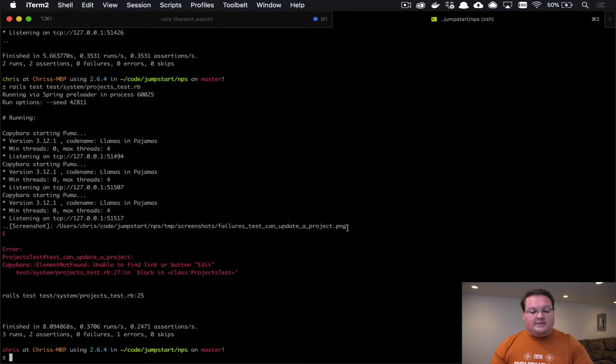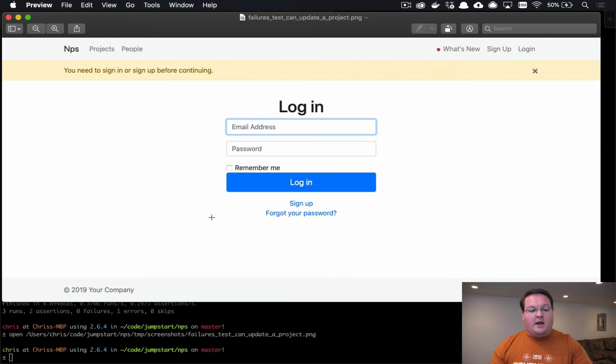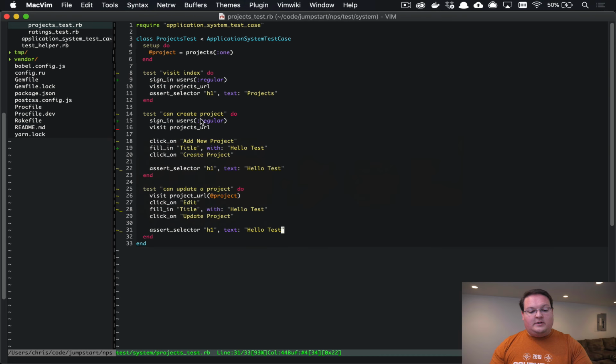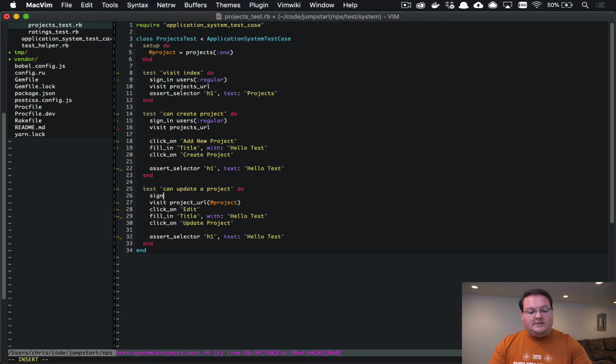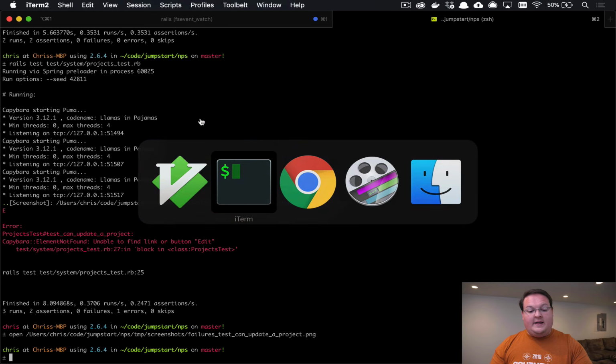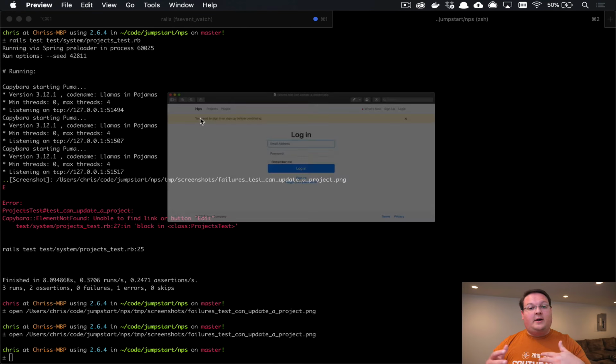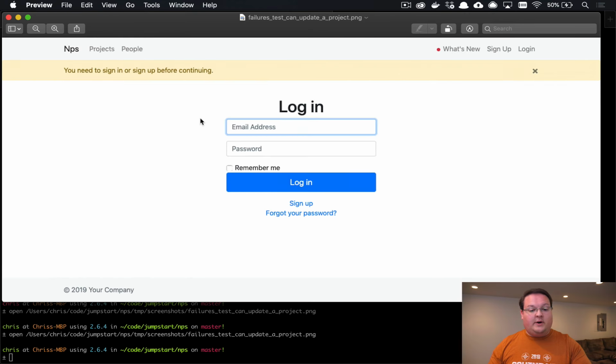And so here we can take a look at this screenshot and see what happened. If we open up that screenshot, we can see that we were not logged in again, and that was the issue with our test. So those screenshots come in handy when you are working on something. You can verify that what was on the screen at the time was probably not what you were expecting, and so these screenshots are automatically taken for you